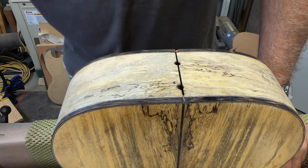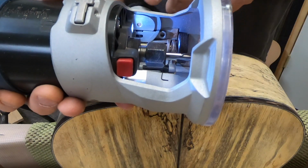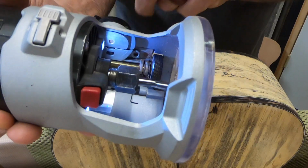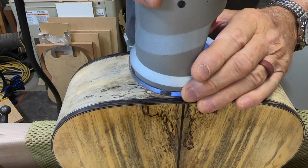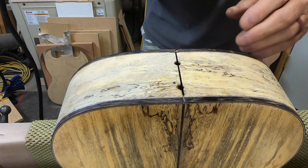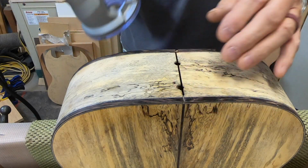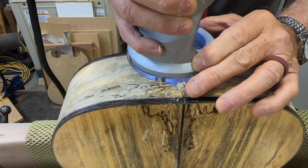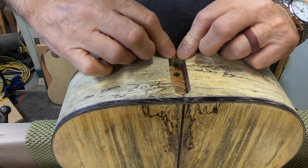So I have my handy dandy little 1/4-inch spiral cutter. I think you can probably see it in there. Anyway, this cutter is great. I'm not sure, it might be a Whiteside. I buy a lot of their product because I like their product a lot. It already had the holes in it, so I just punched holes through here so I'd have an access point. All right, so now that I know where that's lined up,